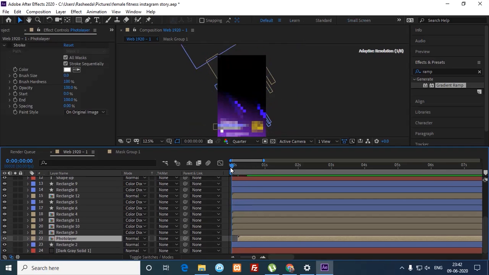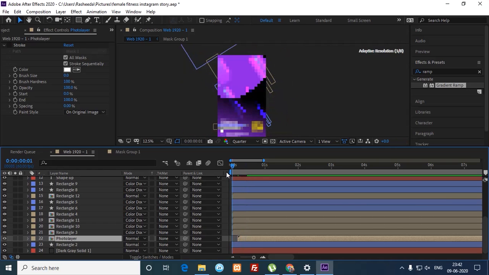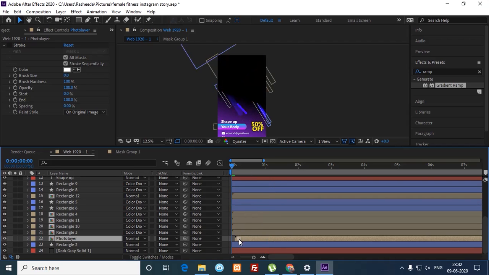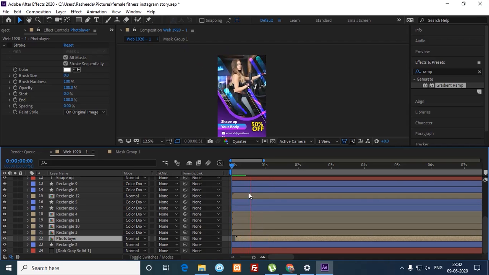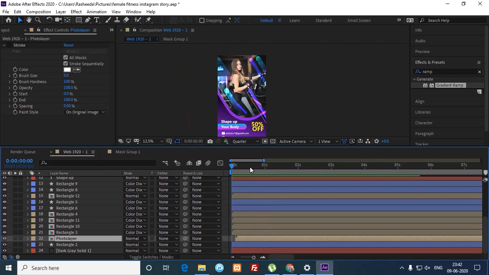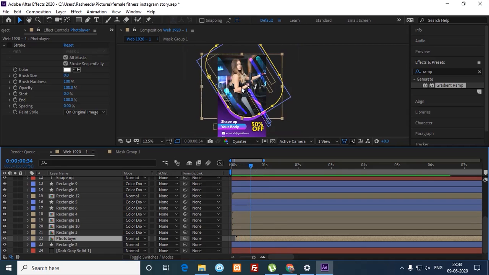So exactly, initially the rectangle comes first and then it starts to open up the photo layer like that. Okay, once the photo layer is enabled,